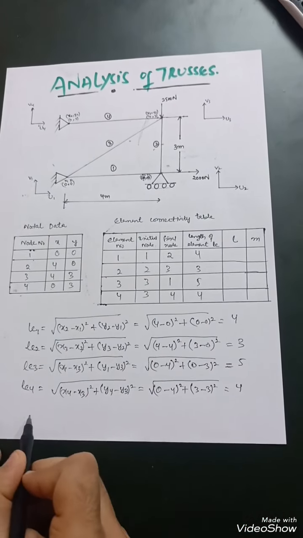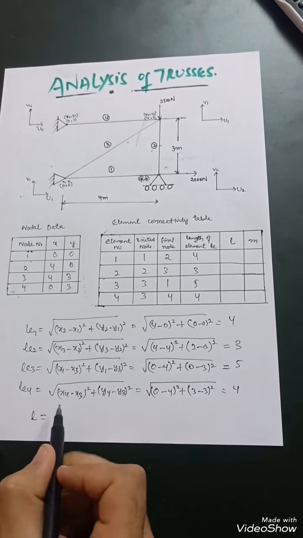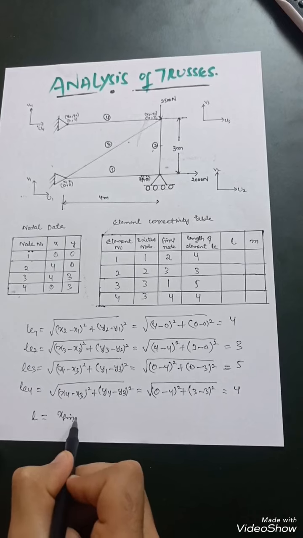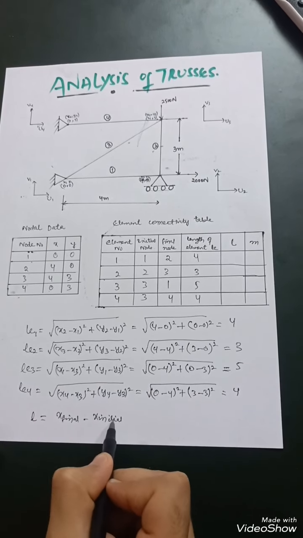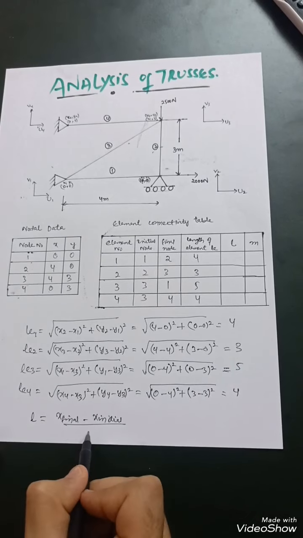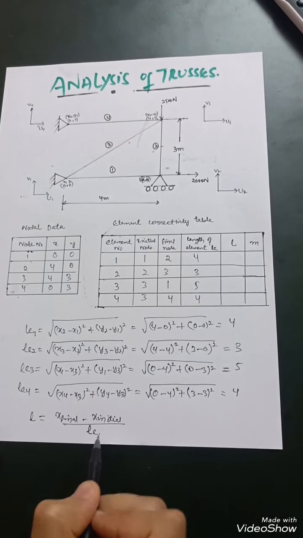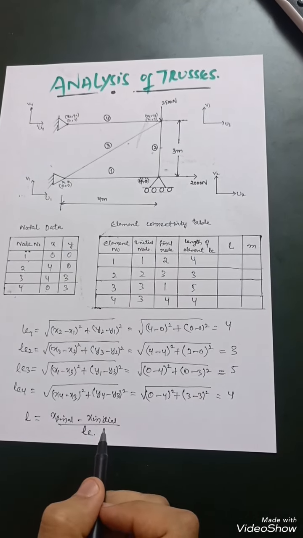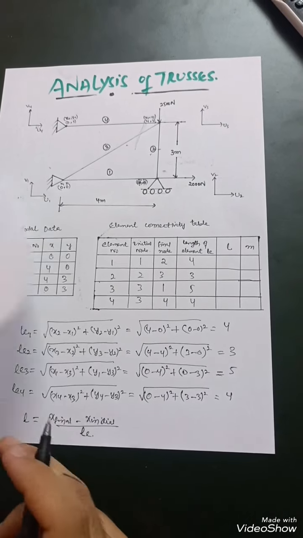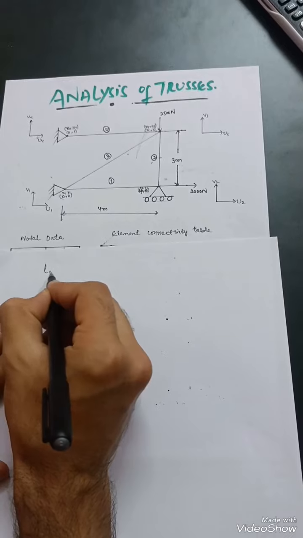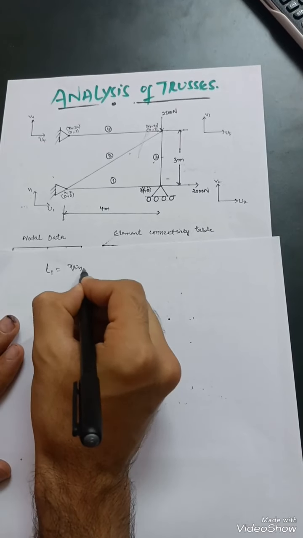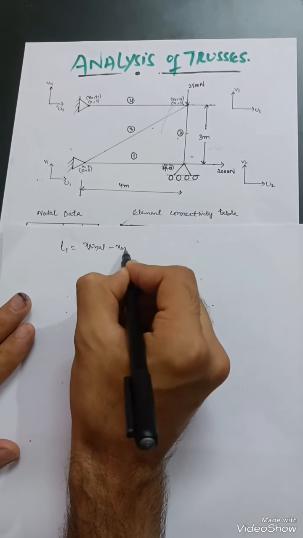So L is equal to x final minus x initial, divided by length of the element. So I will try to solve for each and every element over here. So for first element, L1 is equal to x final minus x initial